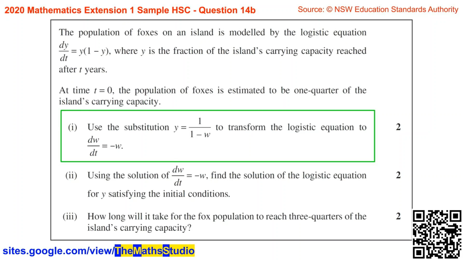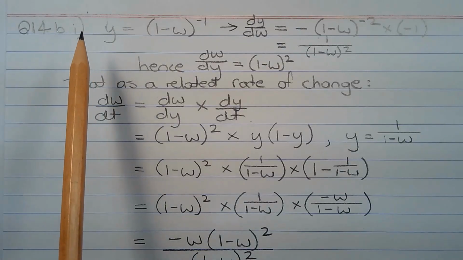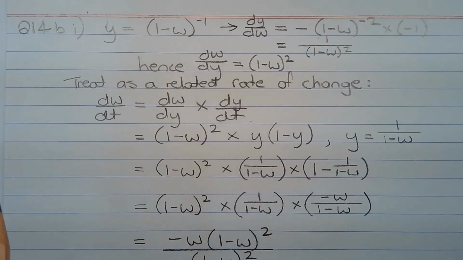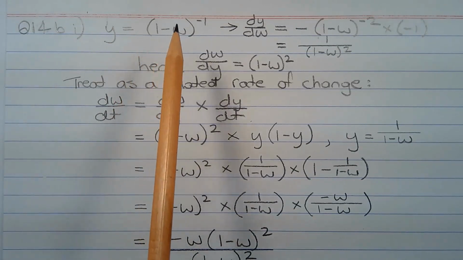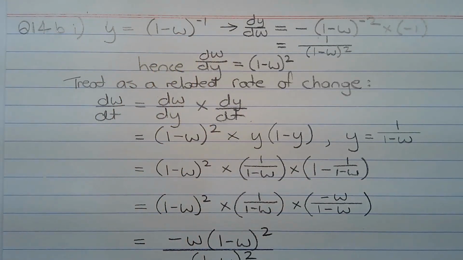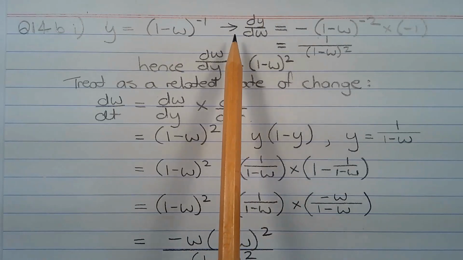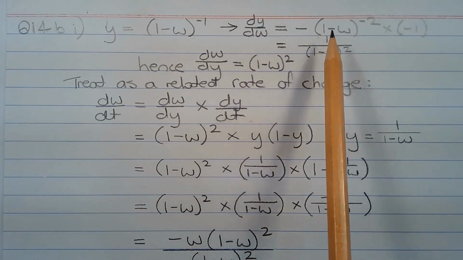Part 1. Use the substitution y equals 1 over (1 minus w) to transform the logistic equation to dw/dt equals negative w. Expressing y in terms of w using a negative index, y is equal to (1 minus w) to the power of negative 1. Now by the chain rule, dy/dw is equal to negative (1 minus w) to the power